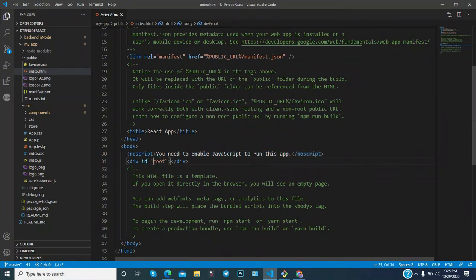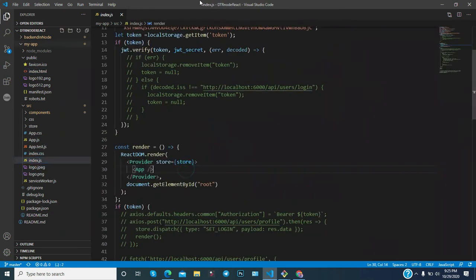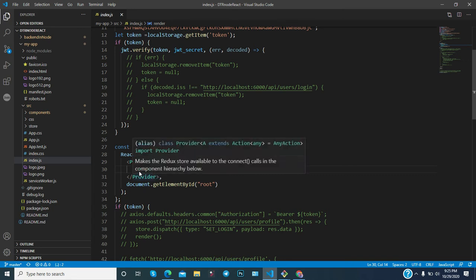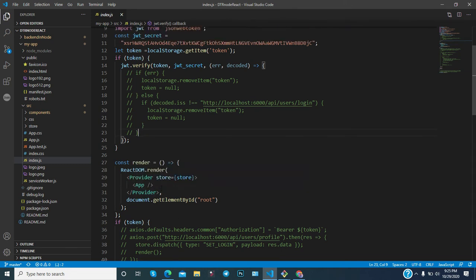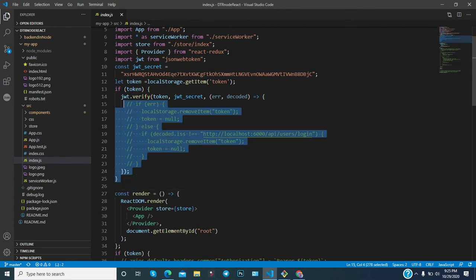Through this selector you are appending the whole application, because in React, index.js is basically rendering your whole application. And it is divided into different components as well, like here the App component, and some other components related to authentication, JWT authentication.